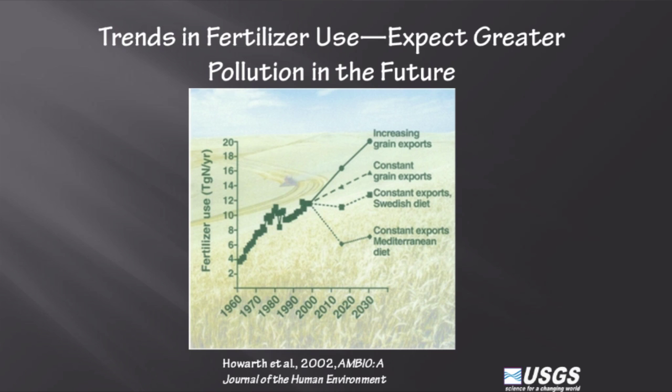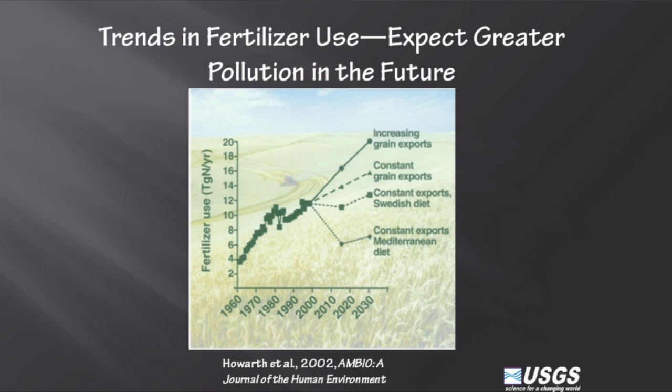And given that nitrate measurements on wells, the median values, are well over 4 milligrams per liter in many areas, it's not difficult to imagine that the concentrations are going to increase above 10 milligrams per liter, which is the maximum contamination level for nitrate in drinking water, which represents significant health risks, especially for children.